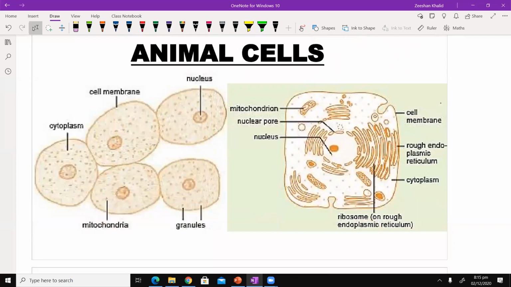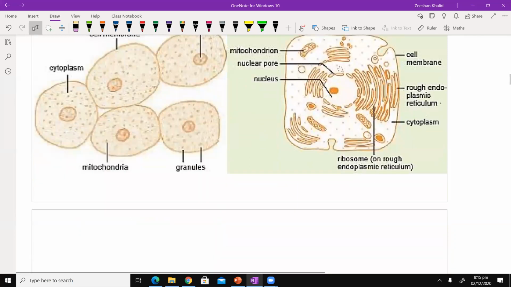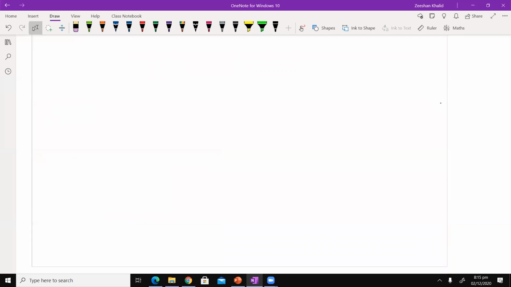The next thing that we're going to talk about is actually the exact animal cell. I have this labeled diagram, but I have deliberately left a space empty here. So let me first convert my laptop into the tablet mode. I'm going to draw an animal cell with my own hands.